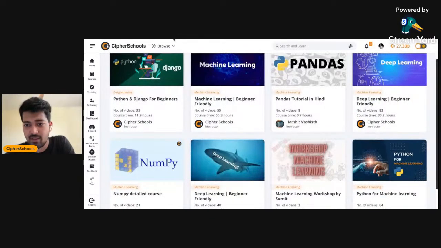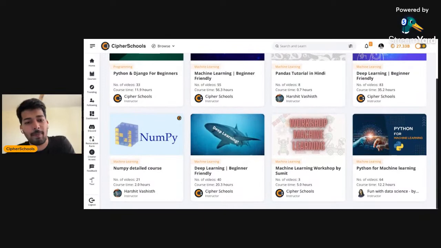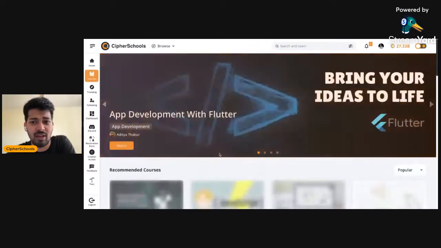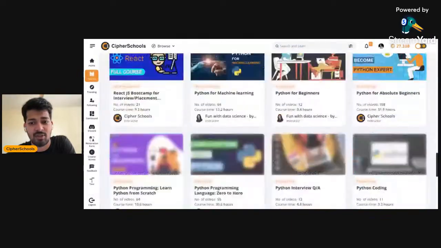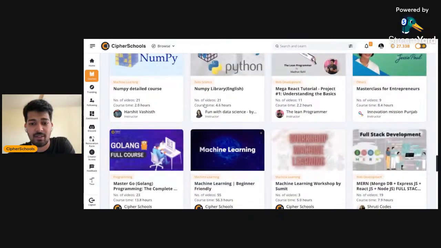If you're not aware of Python as a language, you can start from the Python and then gradually can move towards the other concepts of machine learning, and there's deep learning, all of these things that is available. अब काफी कुछ यहाँ पे थोड़ा सा you'll have to spend some time to explore and understand what is the program. But I think there are all of these tutorials that are there on the product is absolutely free for life for everyone out there. So if you're free, spend some time and start learning whatever is being taught in the tutorials. And I think that's the best way to get started.